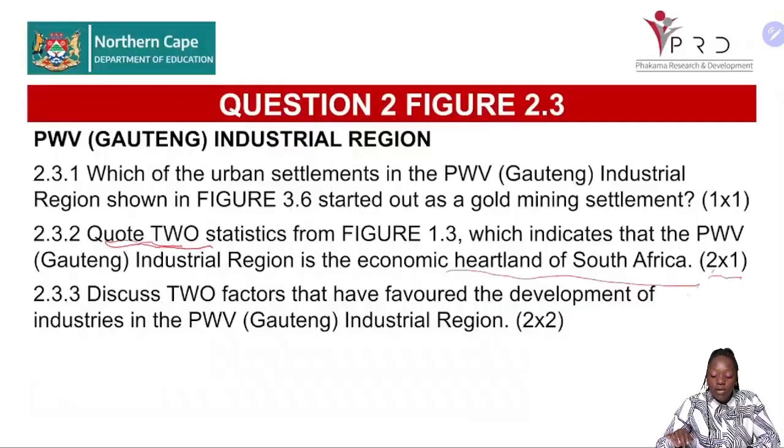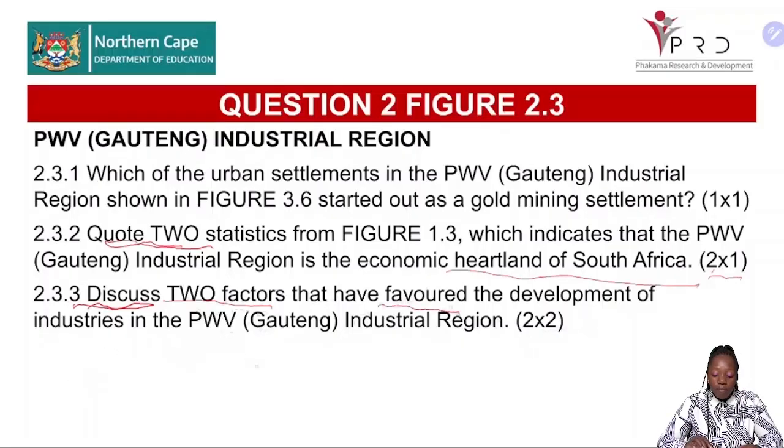So 2 times 1 means you need to give 2 responses that will give you 1 mark each. So should it happen that you only write 1, you are only going to get 1 mark. Then your 2.3.3, you discuss 2 factors. The keyword there is discuss. Remember, when saying discuss, you cannot only give short answers, but you're supposed to answer fully by giving the facts and the qualifier, whereby you are now explaining the 2 factors that have favored the development of the